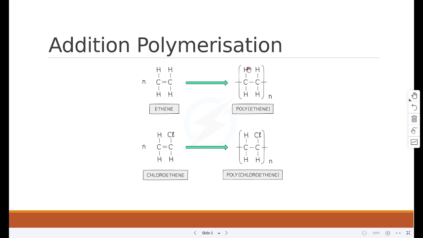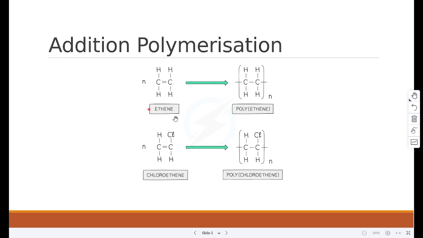Now, many polymers can be made by the addition of alkene monomers. Others are made from alkene monomers with different atoms attached to the monomer. Now, the name of the polymer is deduced by putting the name of the monomer in brackets. For example, if propene is the alkene monomer used, then the name will be